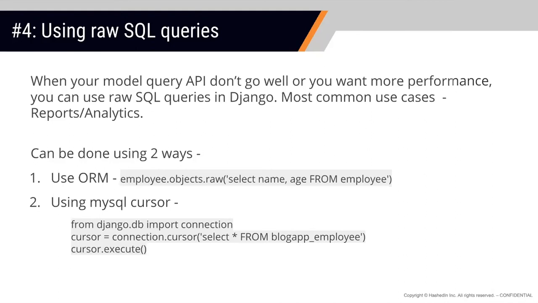And then another way is just simply whatever query you want to execute, it can be as complicated as having joins over multiple tables or having a group by over multiple tables. In those scenarios, writing ORM becomes very, very complicated, right? So it's a best case. You can use connection.cursor and you can write your raw query and you can bind your parameters over there and you can execute and get the results, right? So the whole summary of this slide is, at any point of time you realize my ORM is getting too complicated and management is becoming really a pain, start writing raw queries and keep using it, right?